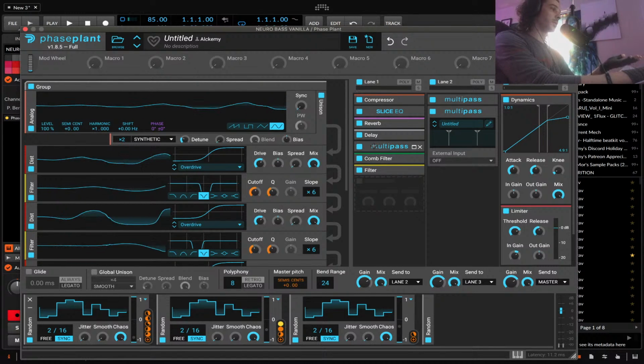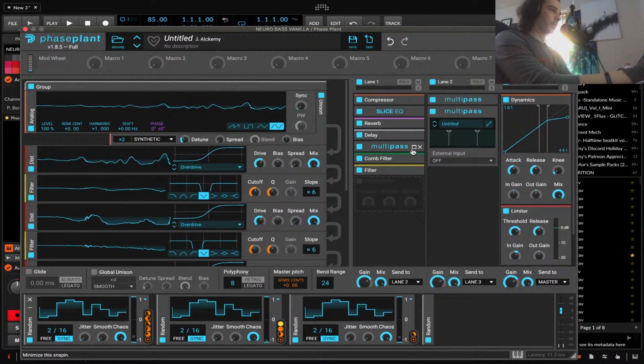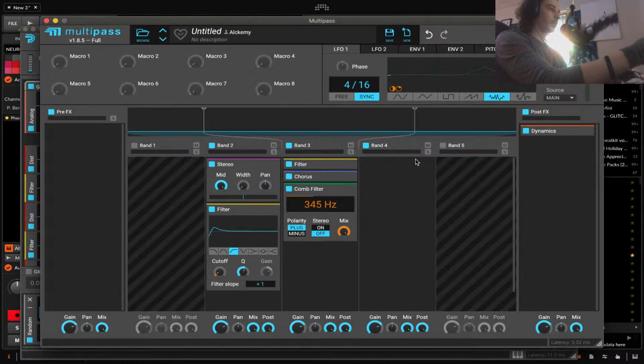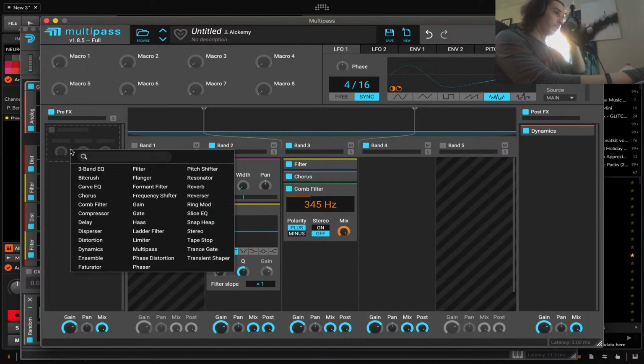This is already sounding really cool to me. This is definitely something that I could use in particular. But let's keep going just for a little bit longer. Let's go ahead and open this other multipass back up. And what I'd like to do is introduce a pitch shifter before here. I can technically do this